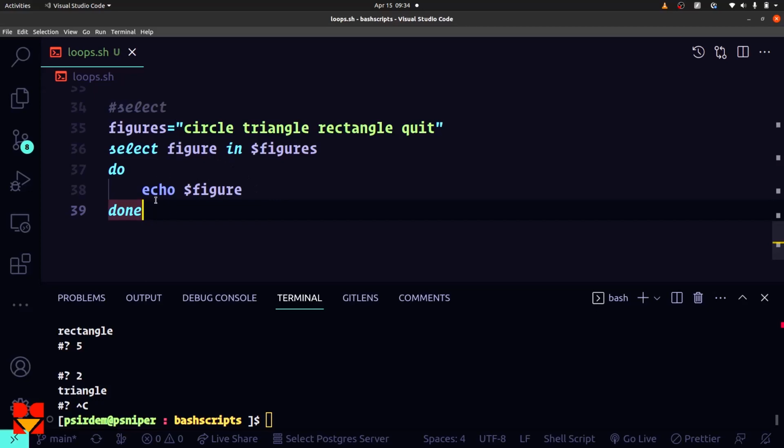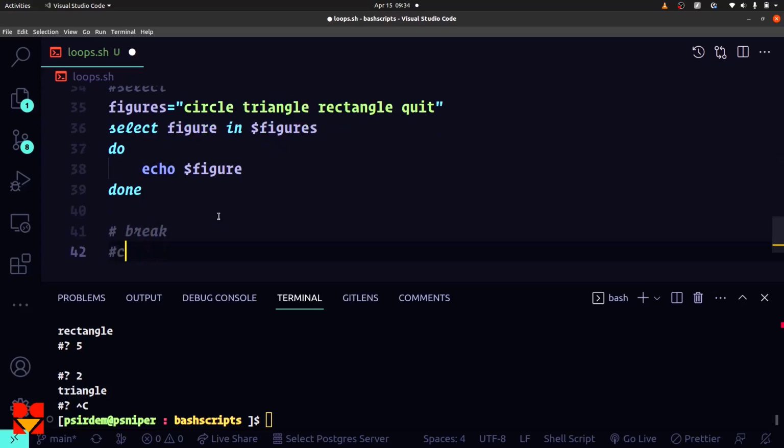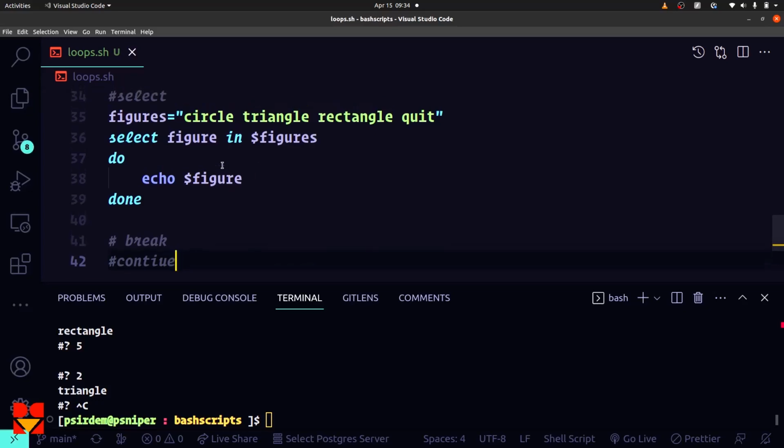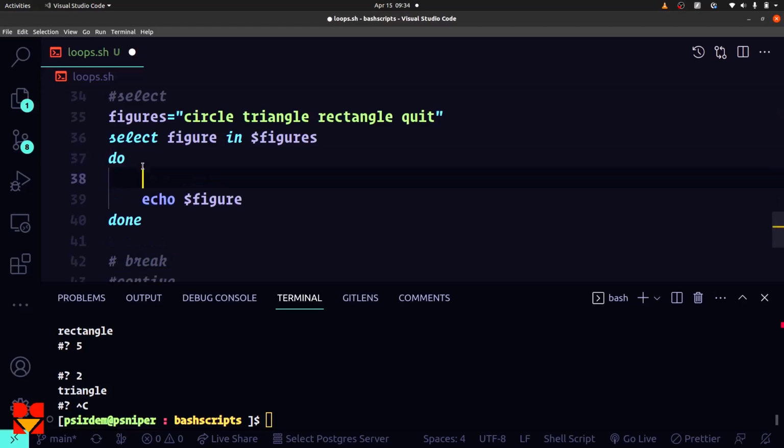But one important thing, if you want to make this thing quit, is that we would talk about some key important terms. That's the break command and then the continue command, right? So basically, the break command would just exit or break out of the loop, right? So if I want to check a certain condition, I say if the figure is equal to the string quit,